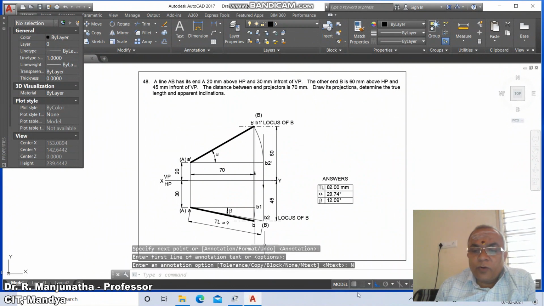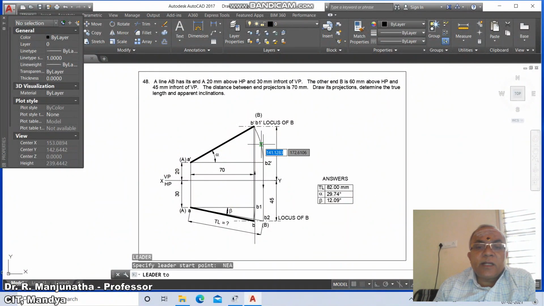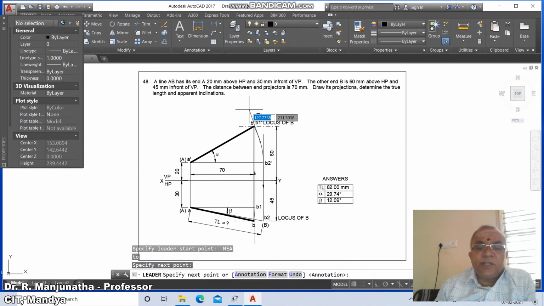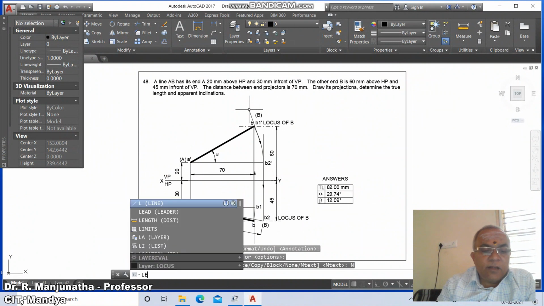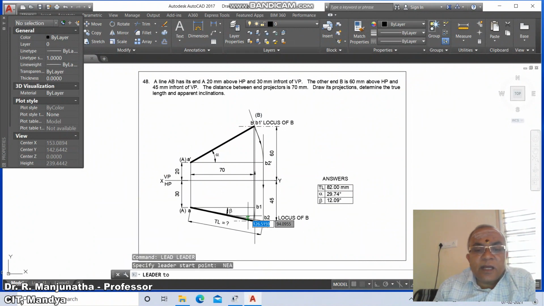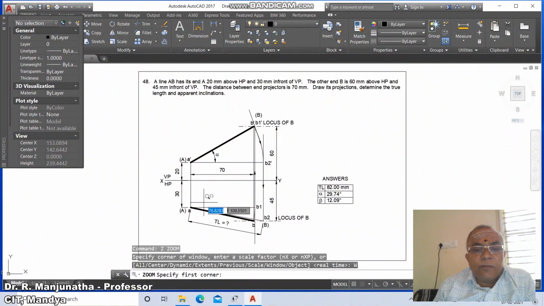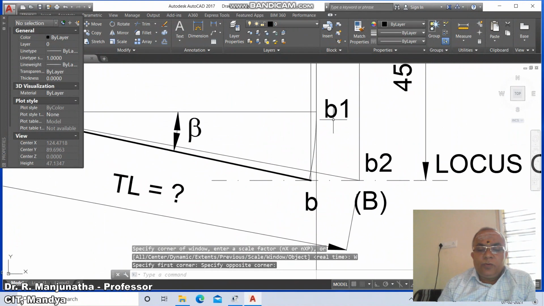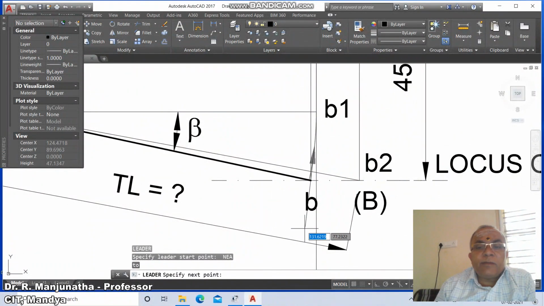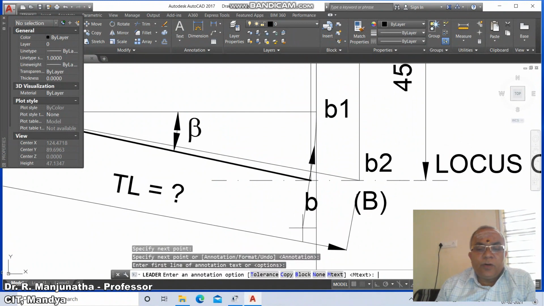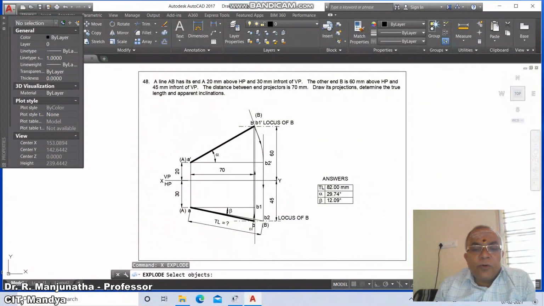Then go to ortho mode off, and then go to leader, nearest, and select this and you make it tangential, annotation, options, none. Then go to leader, nearest, you select this line and you take it. Come down to zoom window, go to leader, nearest on this and you drag it and place it. Annotation, options, none. So then zoom previous, go to explode,